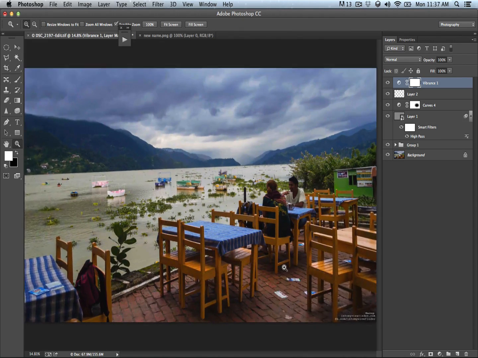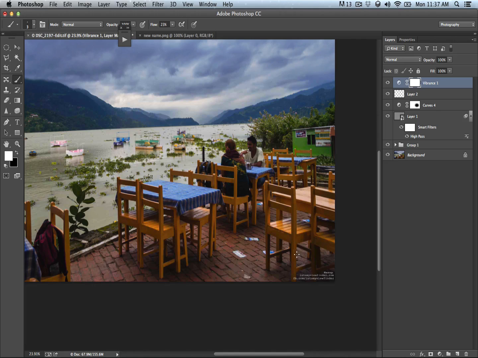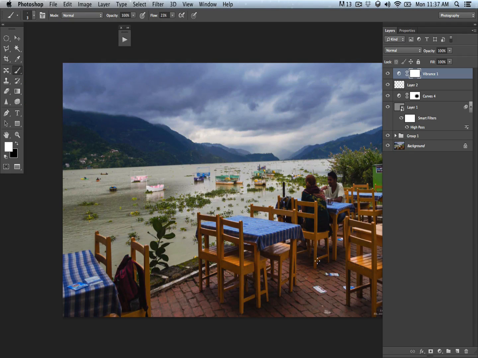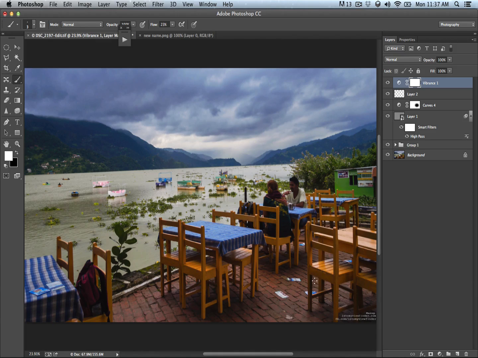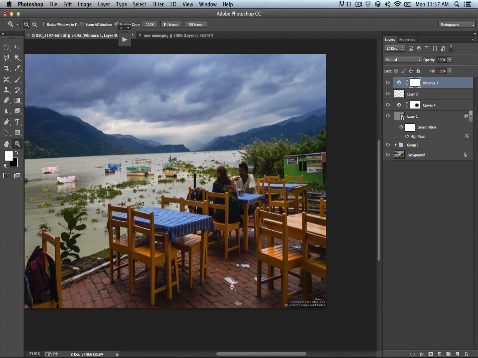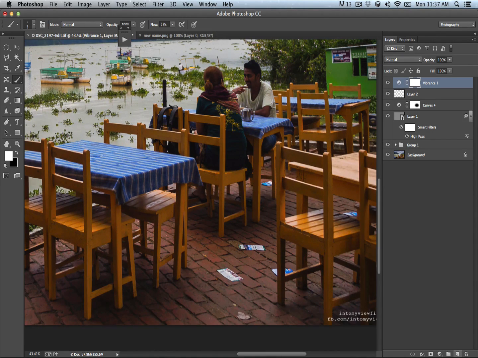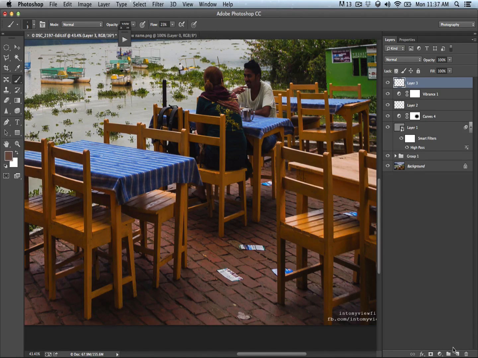You know what? I'm not done yet. When I saw the image later, I didn't like something in the image. The paper and the flow are taking my attention away, and maybe that is something I can get rid of. So I'll create a new layer on top, then S for the stamp tool,